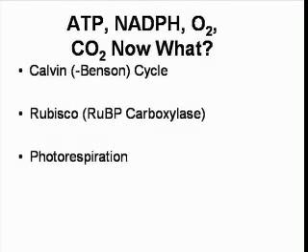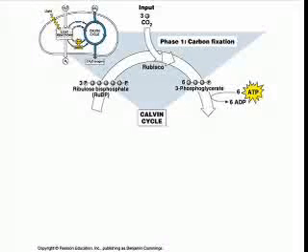Great. Now, ATP and NADPH are two of the products of the light reactions, and oxygen is the product of the splitting of water in the light reactions. And if there's carbon dioxide present, what happens next? Well, there is this wonderful little enzyme called rubisco, or RuBP carboxylase, one of the most important enzymes on the face of the earth. So, the first part of the Calvin cycle requires the fixing of carbon dioxide onto a